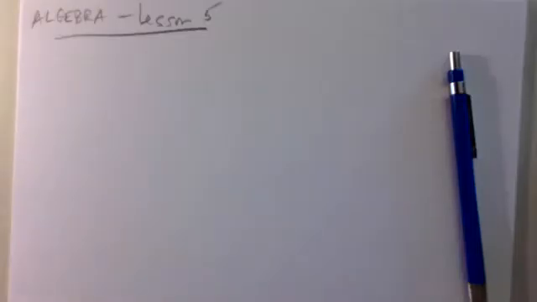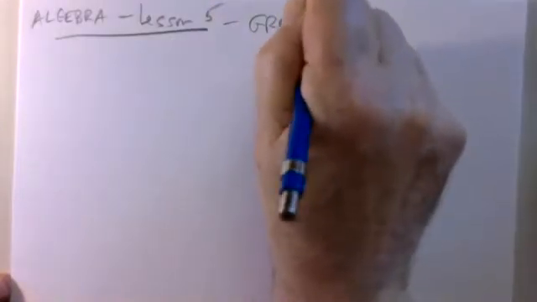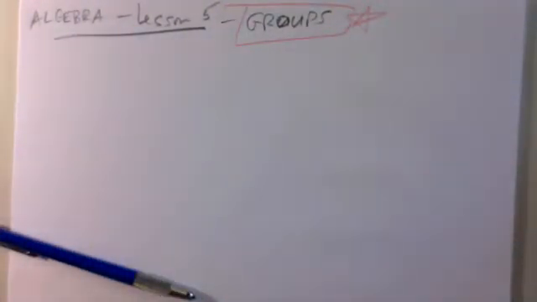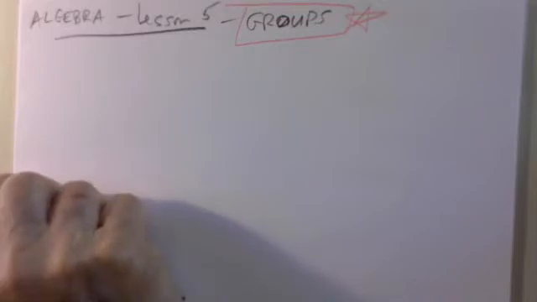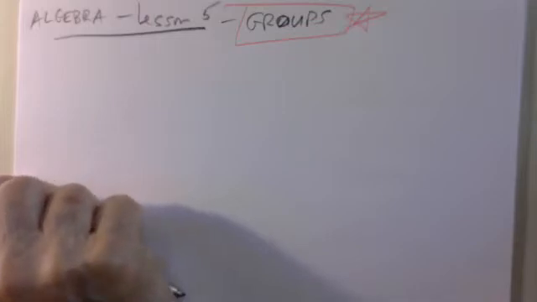So we're talking now, and for a month probably, about groups. I'll give them a little star because groups are one of the most important things in mathematics. There's a very short, simple definition of a group, which defines in some technical sense exactly what a group is, but it doesn't